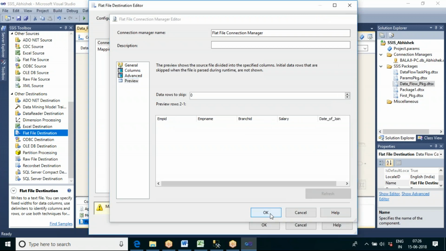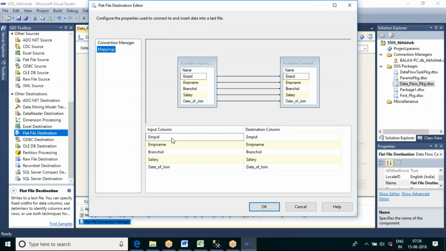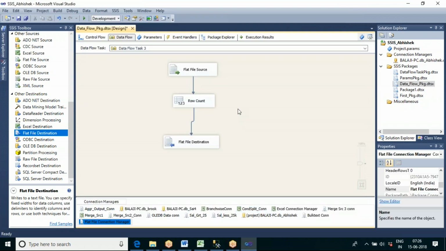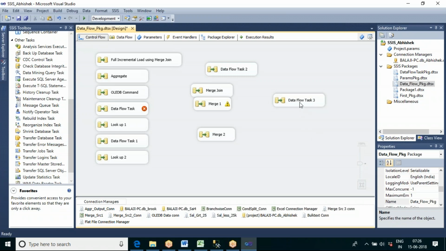Okay. So then how can I see, go and see the mappings. You can see it is giving me the column names coming from the source as output. Okay, but how can I see the value present in the variable? So to capture that, if I push the data into the destination, nothing will come there either. Then how we can see the value present in the variable is, so after the data flow task, come